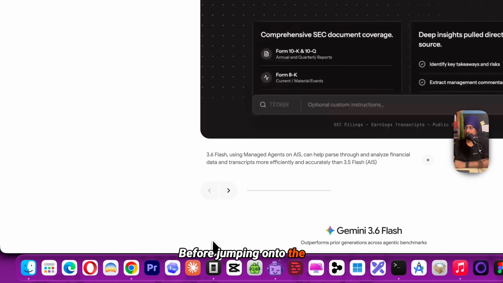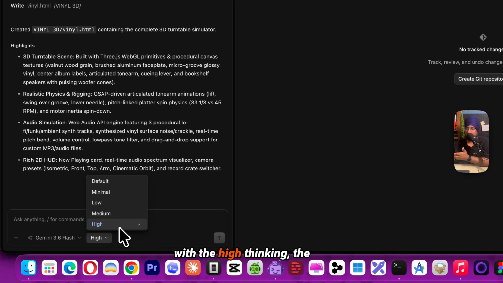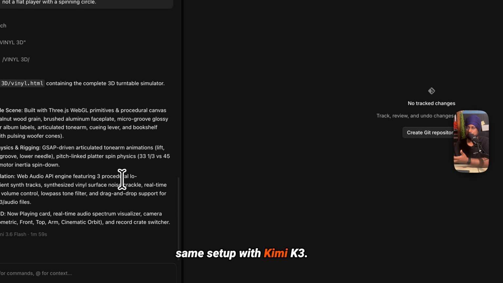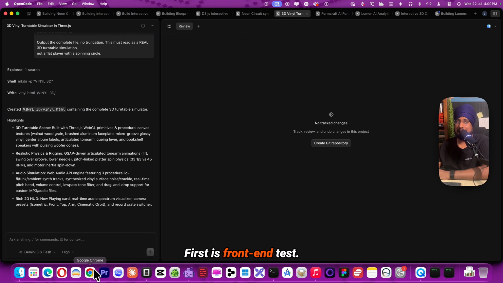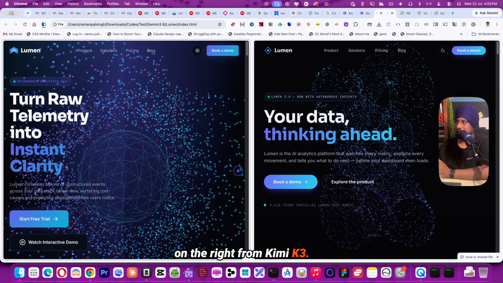Before jumping on to the first test, let me tell you what type of platform I use. I use OpenCode and 3.6 Flash with high thinking, the same setup as with Kimi K3. First is the front-end test. On the left side is from 3.6, on the right from the Kimi K3, and look